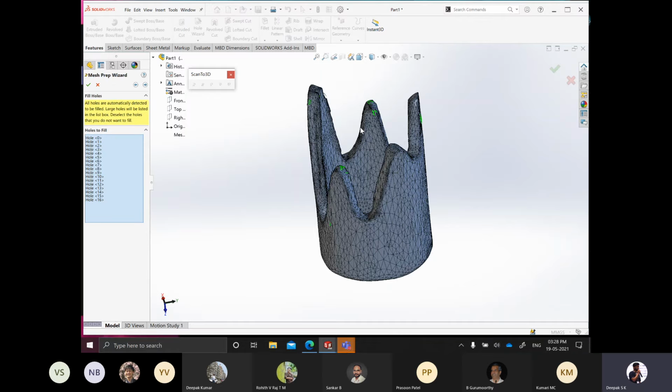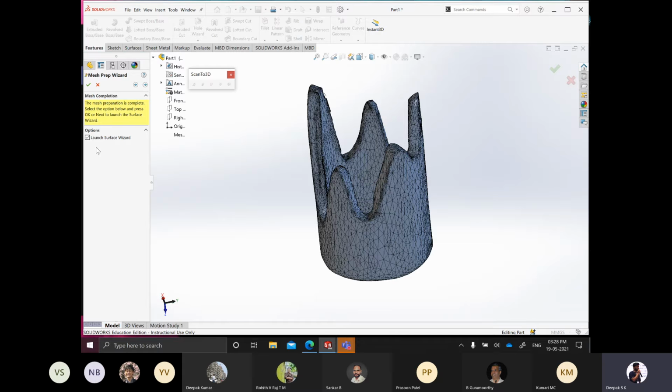And finally, if your model has any holes in it, a dedicated hole, you can always plug that hole, or you can leave that hole open, or you can define that as a hole only. Here, since this is a big model, there are a lot of discrepancies in the model, and it detects many holes here. But actually there are no holes here, so I'm simply going to go further.